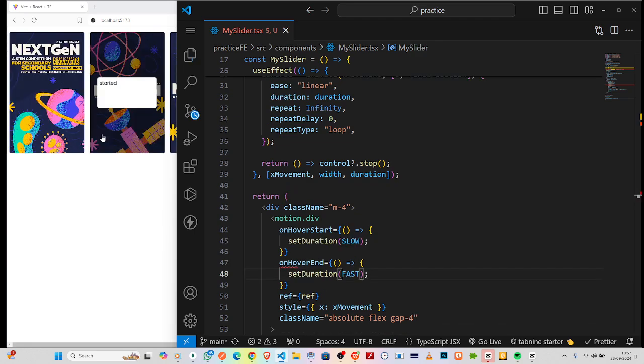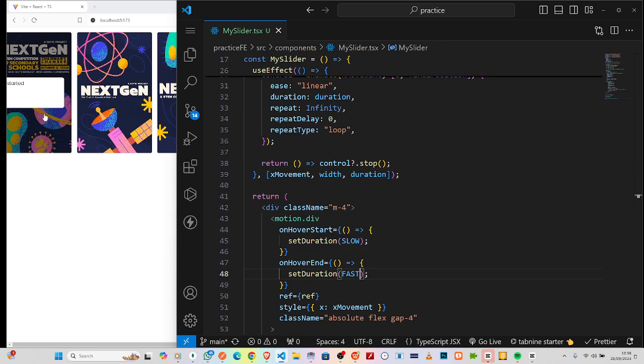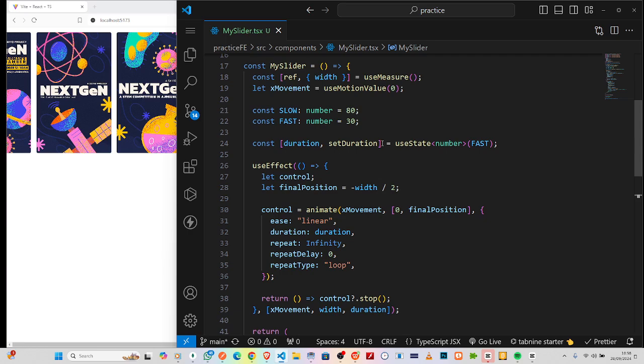So if we hover, it stays slow, but if we remove the hover, it goes fast. But I see a glitch of error here, meaning it restarts the whole process. You know, they end the loop, right? But it restarts the process. So what do we do to fix that up now? So okay, let me first of all duplicate here. So let me do finished,